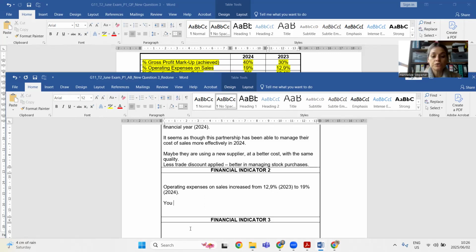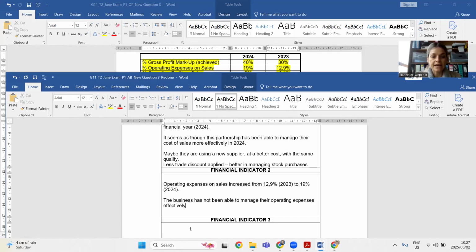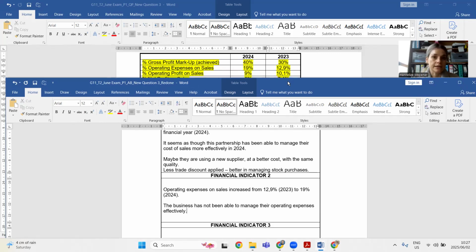In other words, the business has not been able to manage their operating expenses effectively. We had more expenses than last year. This is not good. We need to cut costs somewhere because too much of our sales are now going into operating expenses. That is also why you have a decrease in your operating profit,